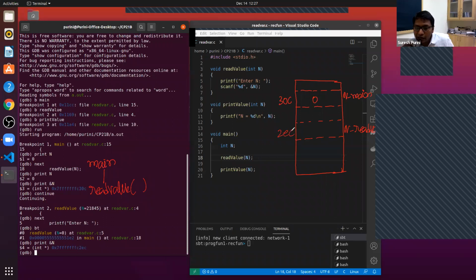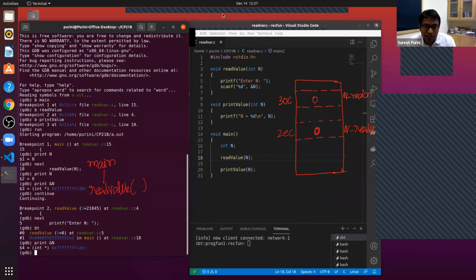Since we are calling read value using the call by value parameter passing mechanism, the 0 present in n_main got copied to n_read_value. This is the initial value. Then what are we doing on line number 6?